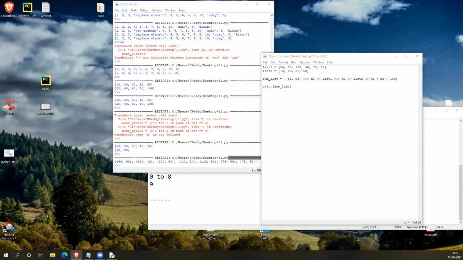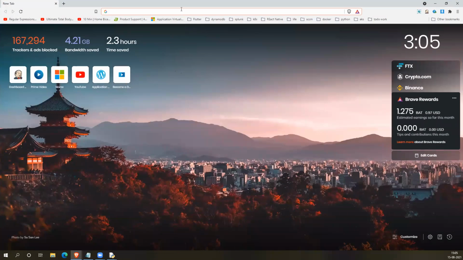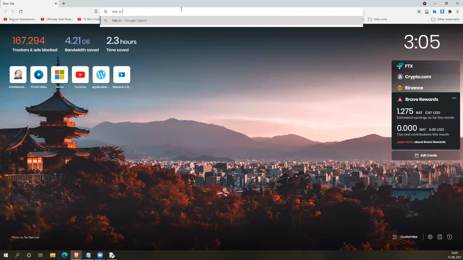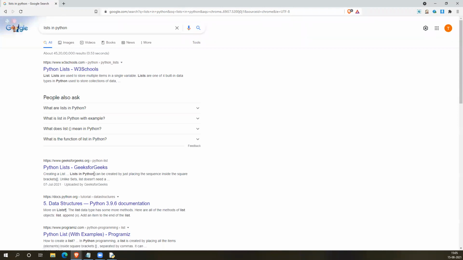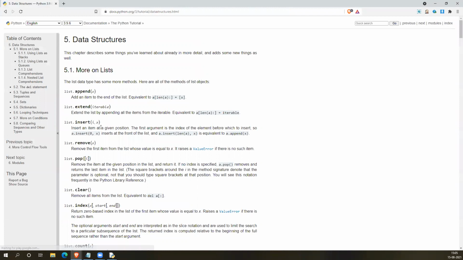So more details about lists can be found in python.org, right? Lists in Python. Go to this, yeah, the main Python website. Here you can see the individual methods available also.